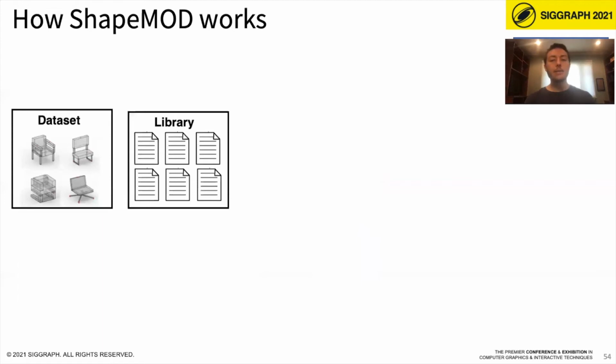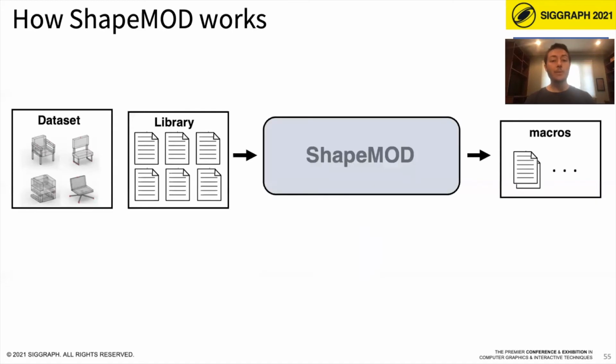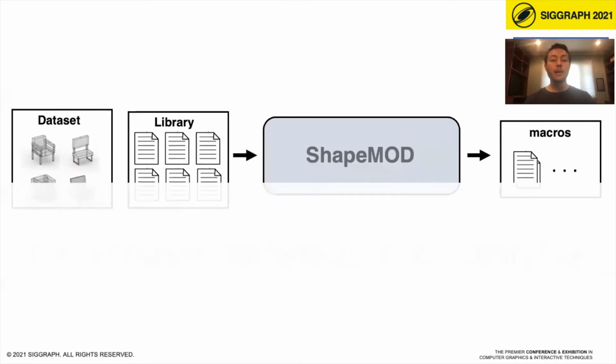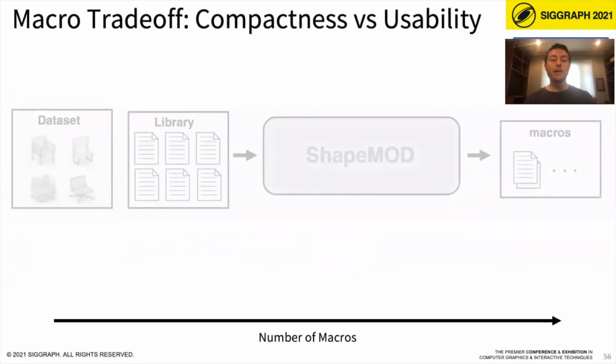ShapeMOD is initialized with a dataset of programs and a library of DSL functions used to express them. It aims to find a new library, augmented with macro functions, that is able to express the dataset of programs in a more compact fashion. When deciding which macro functions are best suited for a dataset of programs, there is an inherent trade-off between program compactness and program usability. On one extreme, no macro functions could be used, allowing each program to maintain maximal flexibility,